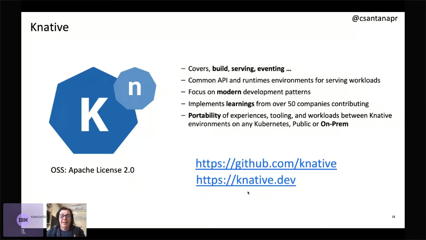It is a common API interface and runtime environment for serving workloads. It focuses on modern deployment patterns, and I would say the common deployment and development patterns. It implements learnings from over 50 companies that contributed to this project, meaning, again, it's the most known and common deployment and development practices. And it's portable because you can install Knative on Kubernetes or OpenShift wherever you have a